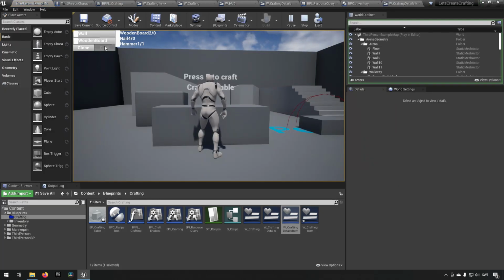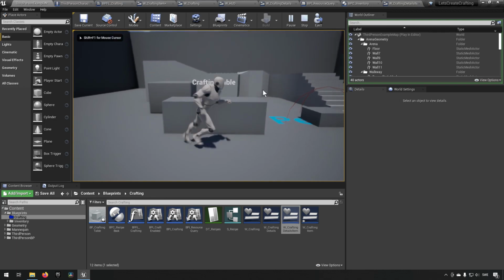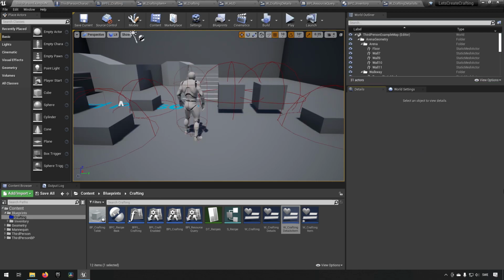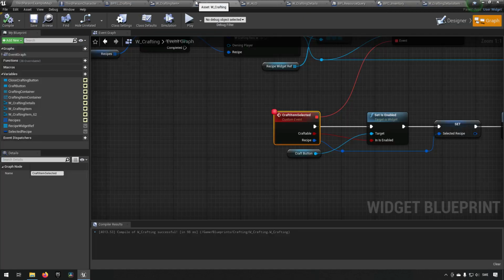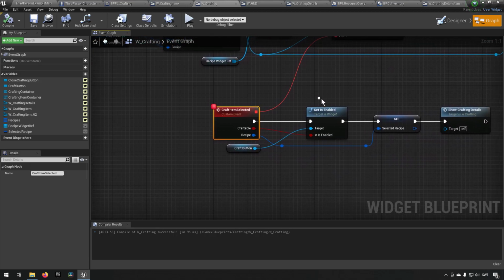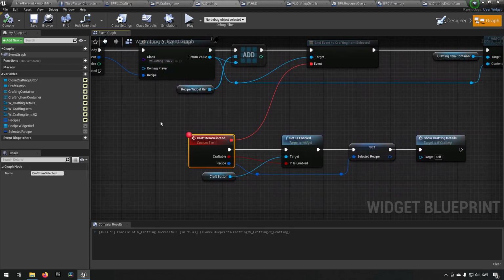And now we can see that the craft button is not enabled like it should be. We can close that. So that's good, at least. Now that it's starting to look like it's working properly. Proceeding from here, we should open up the widget for crafting, because now that we have created these bindings for